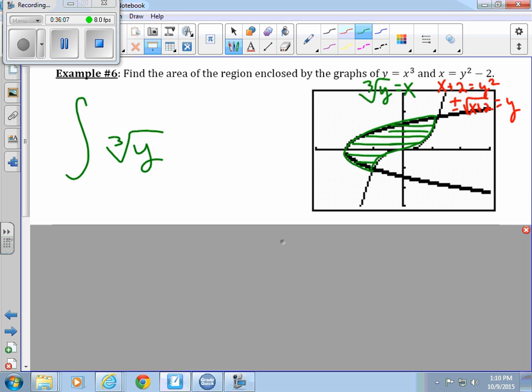The left-hand curve, I'm going to go back where x is already by itself. Notice they kind of set it up to do it that way, didn't they? Yep, x by itself. Right, because I now want to work with y instead of x. And we're just switching houses. So we're going to do